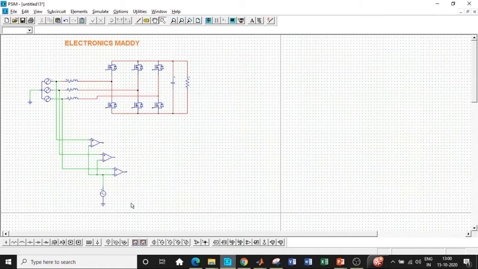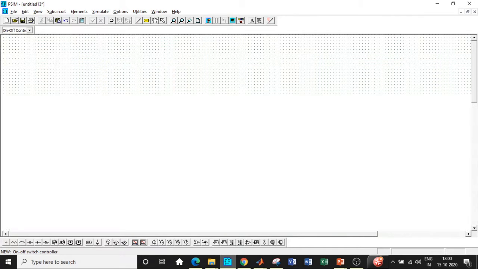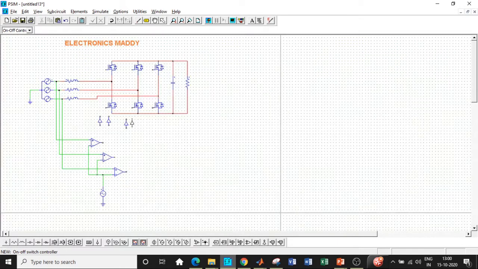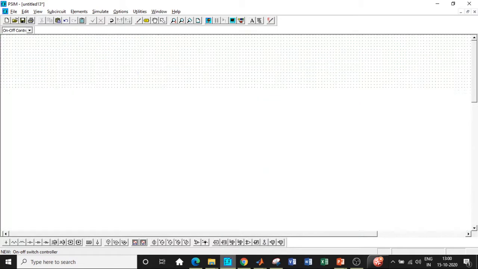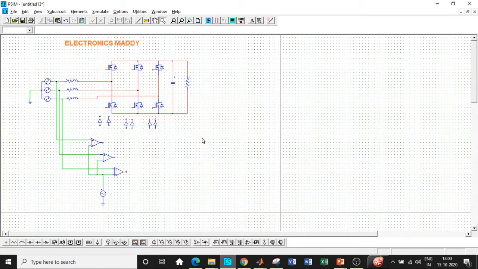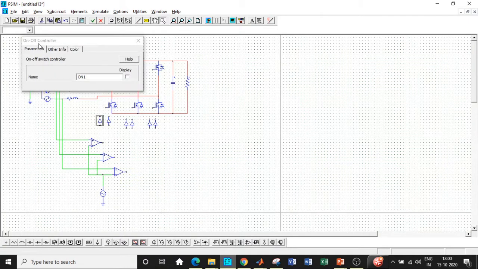So we will be requiring an on off switch controller. If you place the cursor at this position, you'll be getting the on off switch controller on the left hand side. So this is extremely important. The reason why this is used is I'll be giving the control to the switches through these blocks, and it ensures that the pulses that you get will be square wave, isn't it? And the width also will be different, so it will be 0 to 1 or 1 to 0. When it is 0, it informs the switch that it is in 0 position, and when it is 1, it will inform that it is in 1. So that is why the on off switch controller is used.